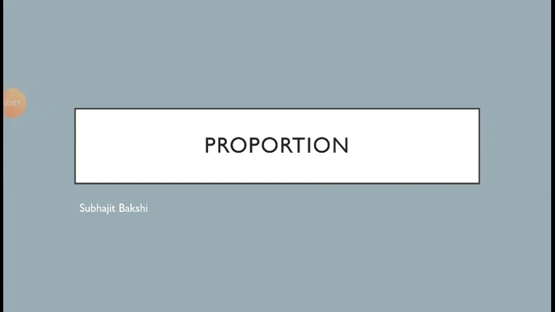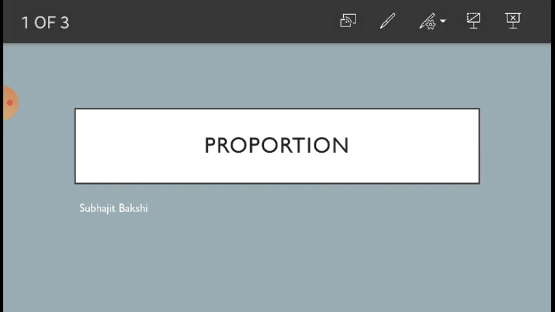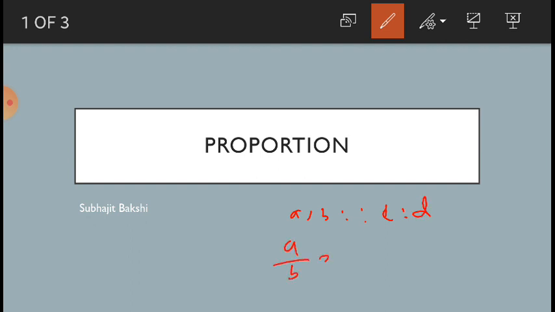Hello everyone. So today we talk about our new chapter, that is proportion. The theory we previously discussed about the proportion, how the proportion works, that is the main concept here. That is, if A is to B and proportional to C is to D, then A by B equals C by D. This is what happens. Now coming to the exercises, it will be better to understand for you.